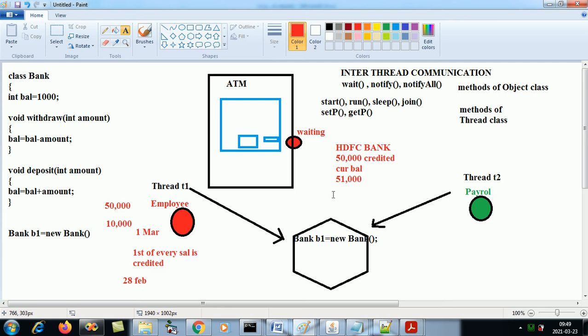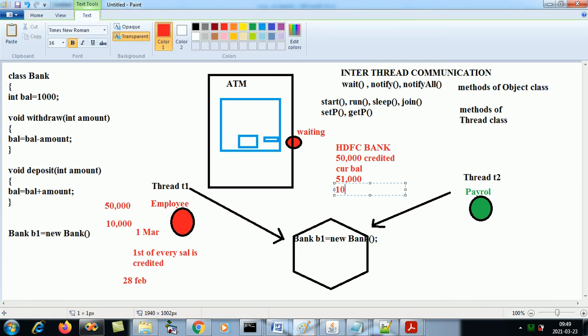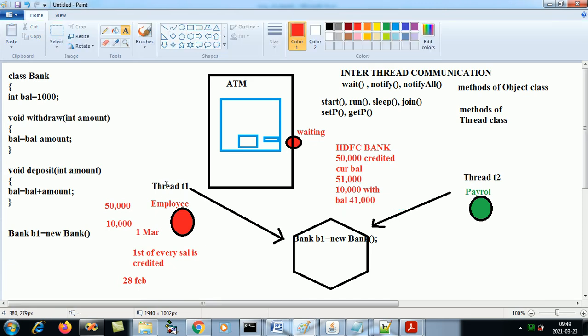Then he will withdraw 10,000, 10,000 withdrawn, and the balance is how much? 41,000. Correct? So this employee is thread T1, this payroll person is thread T2.